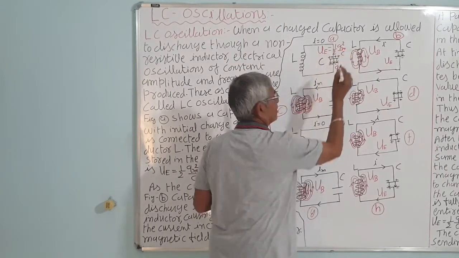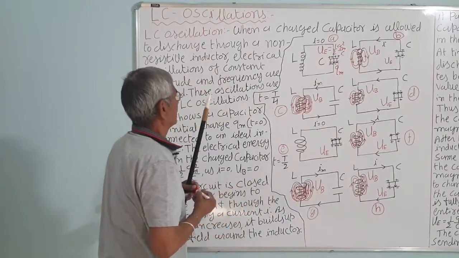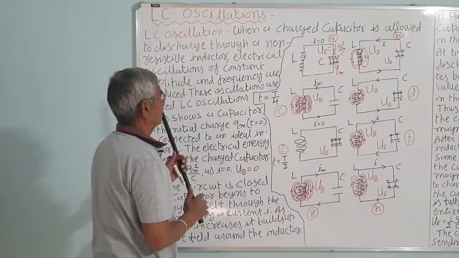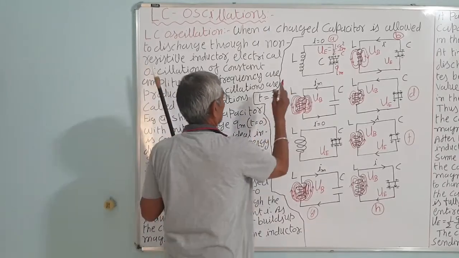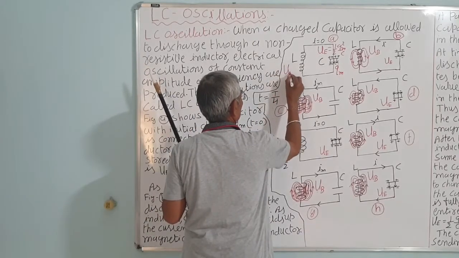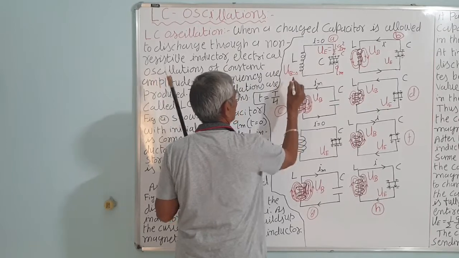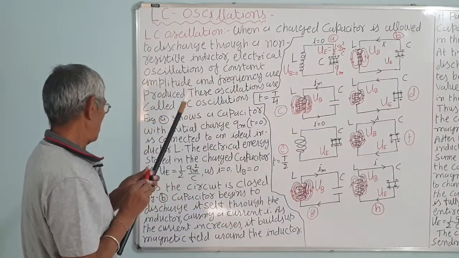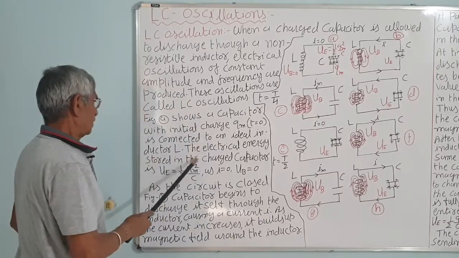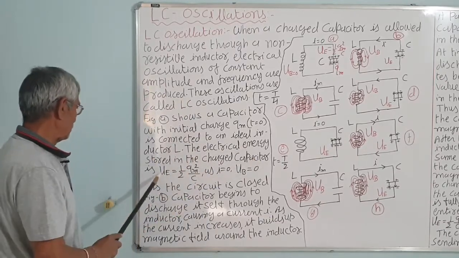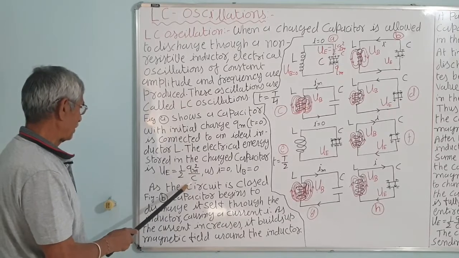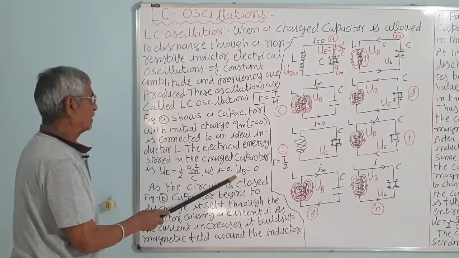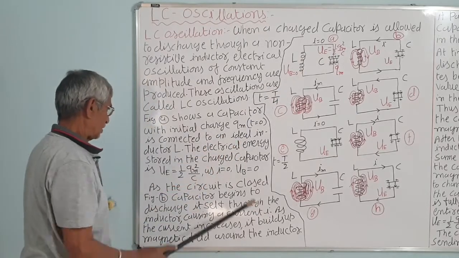Already we have studied in the electricity chapter, correct. The energy UB is 0 in the inductor. The energy stored in the inductor is initially 0, correct. So initially the electrical energy stored in the capacitor is U equal to half Qm square by C, and I is 0, the current is 0 in the circuit, and the magnetic energy in the inductor is 0.